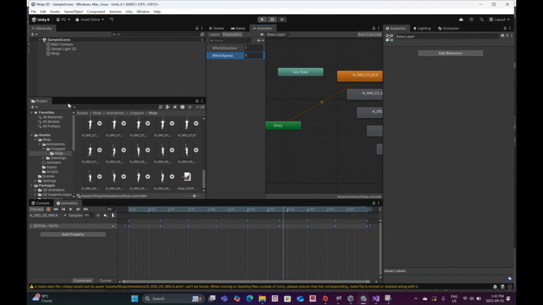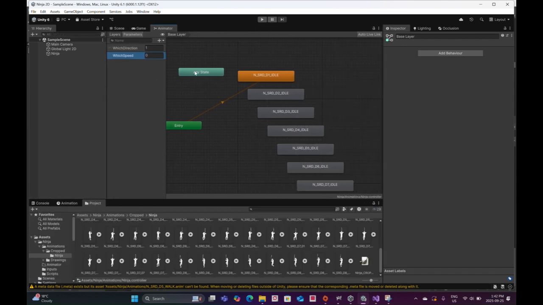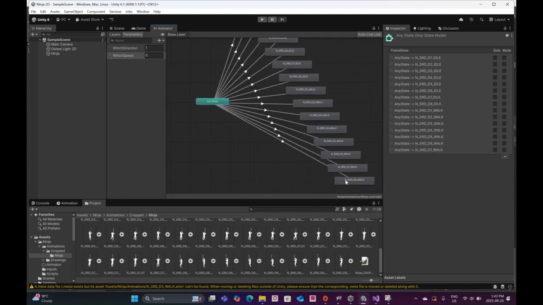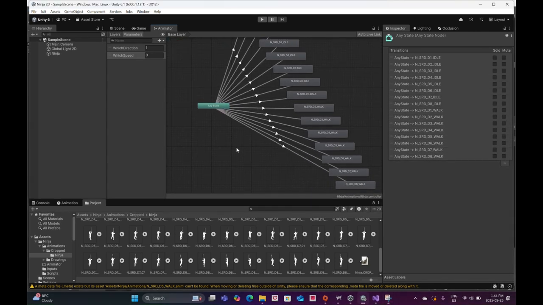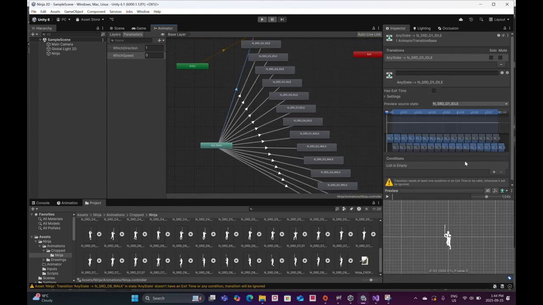But by default it's going to be 0. And I'm also going to dock this back down here to give myself more space with this animator. And I'm going to make the transition to all of these from the Any State. All that created, I need to go into each of these, and I need to set